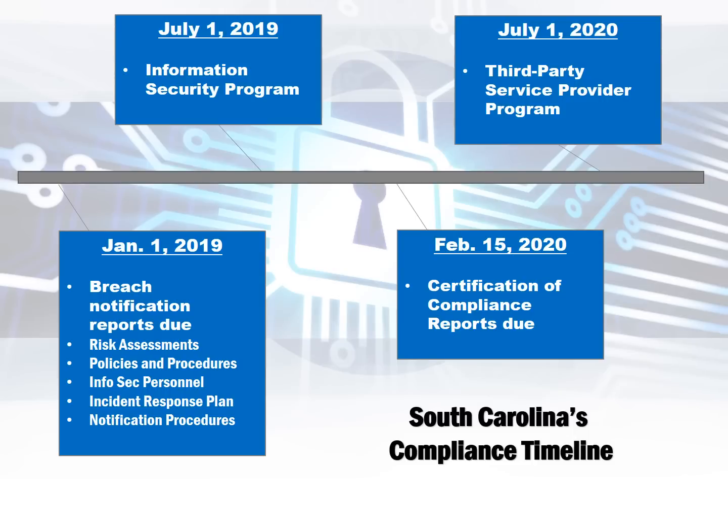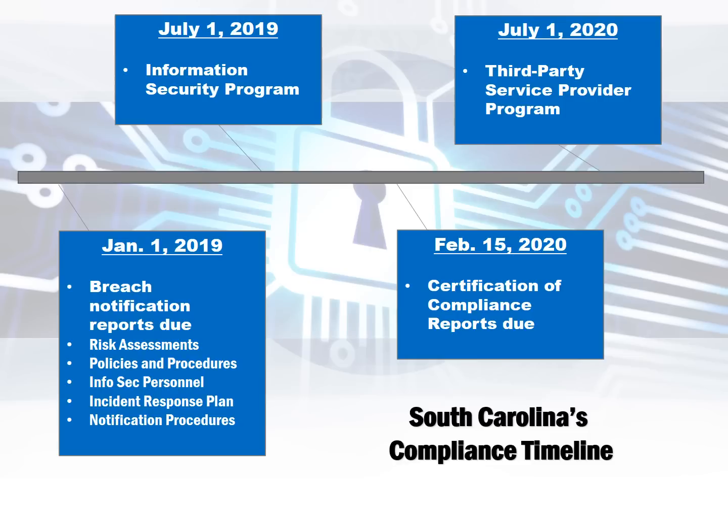As noted earlier, the Data Security Act has staggered effective dates, and the Act will go into effect on January 1st, 2019. If you have a cybersecurity event at any point after January 1st, 2019, you must provide notification to the department within 72 hours after discovering the occurrence of a cybersecurity event. You should already be working on your risk assessments, your policies and procedures, training employees, and things of that nature.